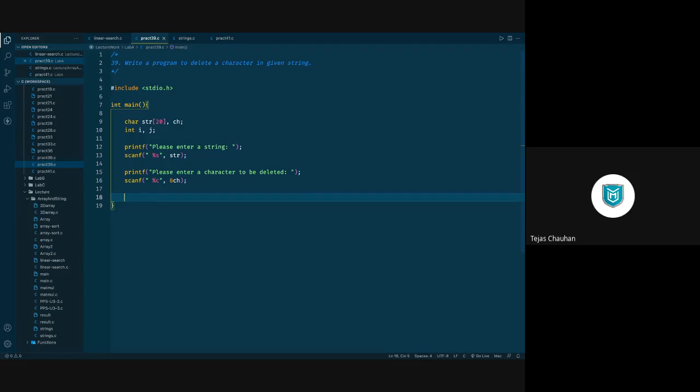Now let's delete that character from the string. अगर delete करना है तो पहले उसको search करना पड़ेगा. So we'll go for the linear search, for i equals to 0, str of i जब तक आपकी string खत्म नहीं हो जाती, so not equals to null character, I'm going to run this loop i++. Okay, and inside this loop I'm going to compare whether that character is there or not. So str of i is double equals to given character ch. User ने जो character दिया वो character हमें मिलता है या नहीं, we are going to search it.